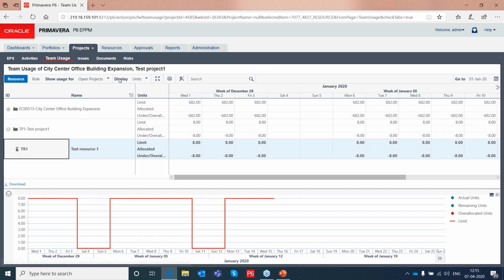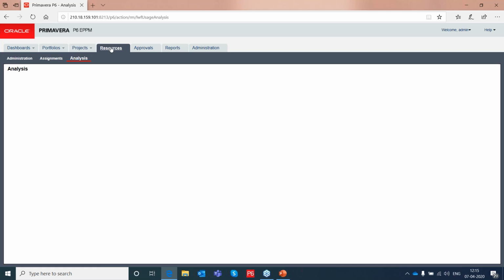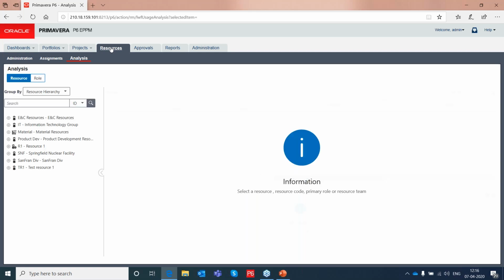You are showing that we can see it in a chart by multiple projects, but I don't want to see the chart. I want to see the resources as well as the analysis in one go. For example, if I'm doing one project in Mumbai and other projects in some other city, then I want to compare them. How can I do that?